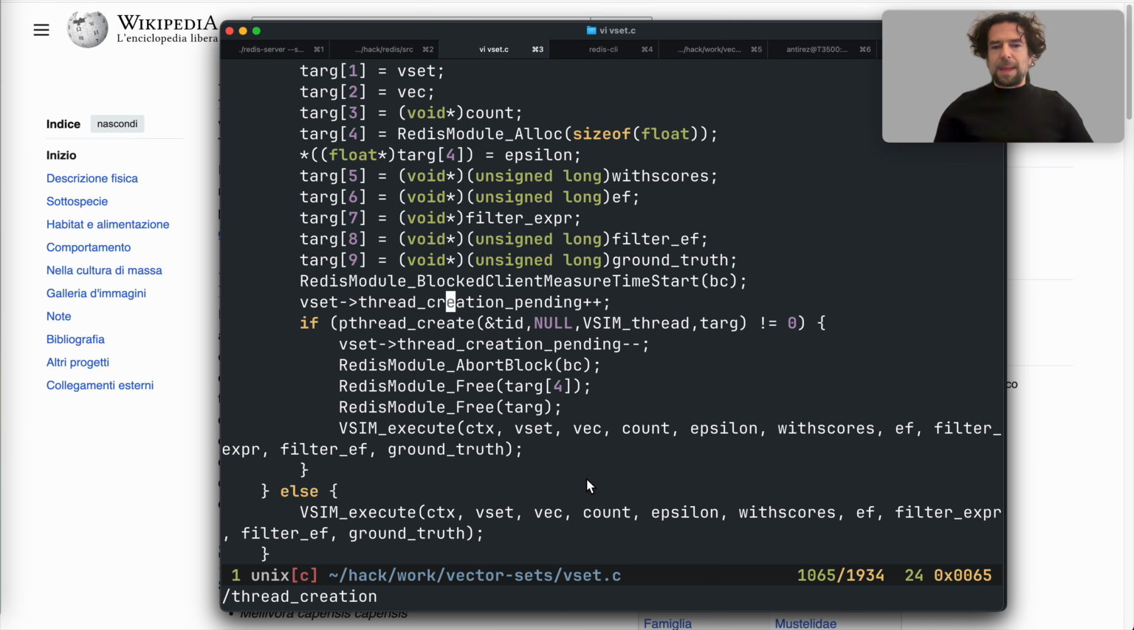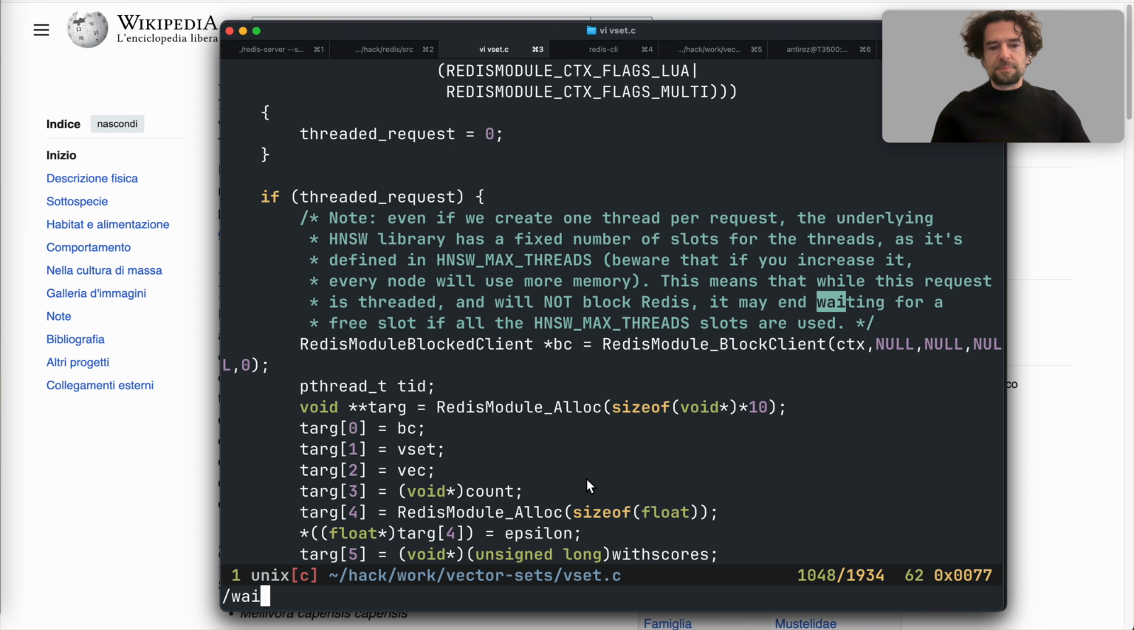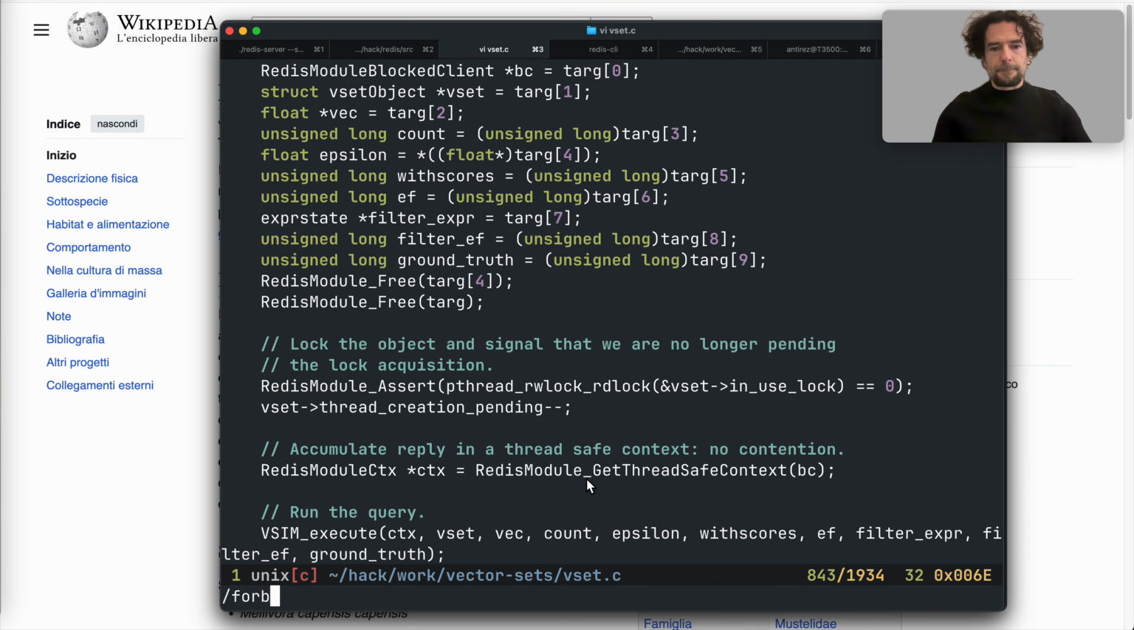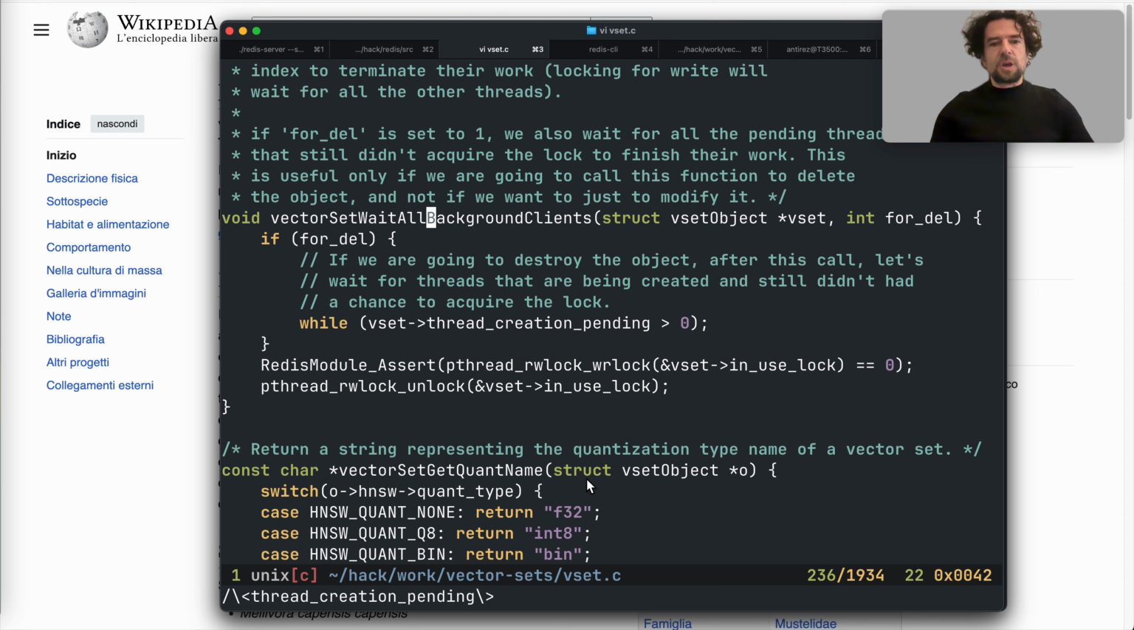So basically I increment that I have a pending thread creation. I don't know when it will be able to really acquire the lock. Finally it acquires the lock, and it decrements this atomic counter. At this point, given that I have now this pattern, it's simple like that. Okay, so in this function here, vector set wait all background clients, I can do this